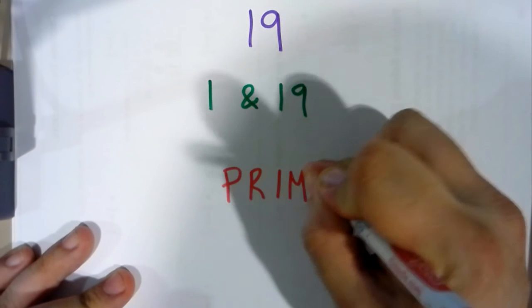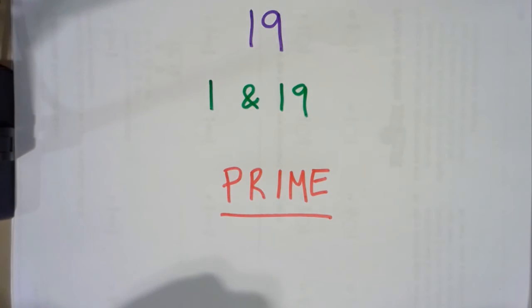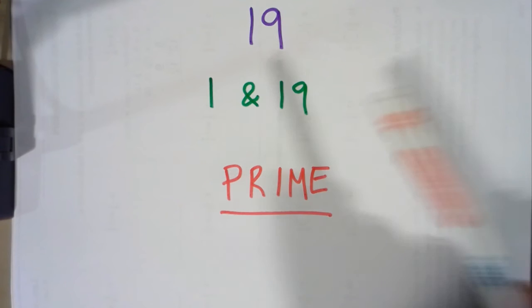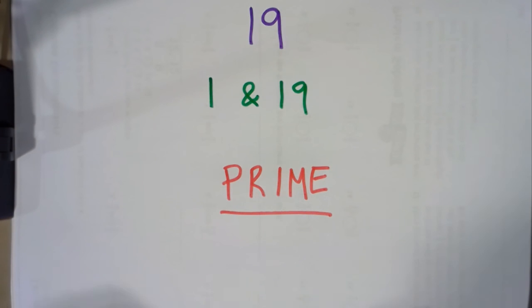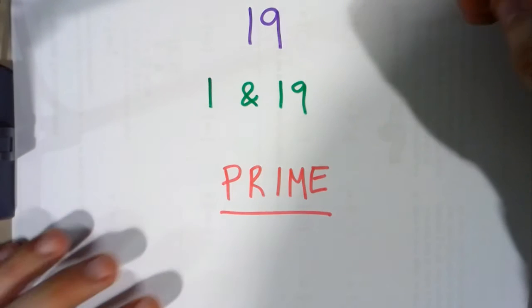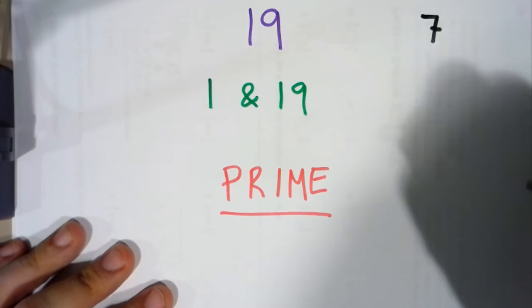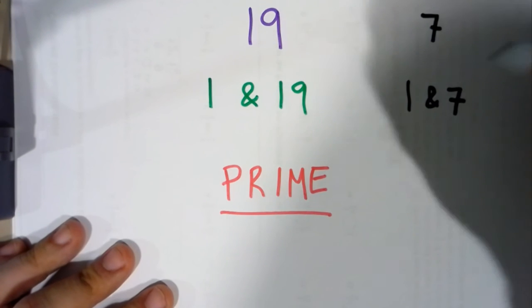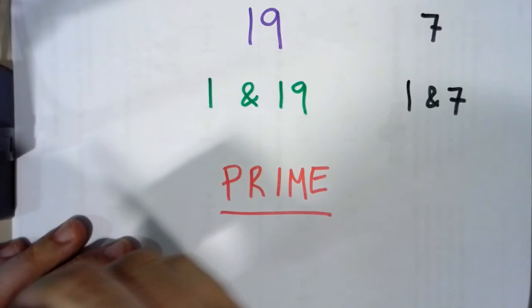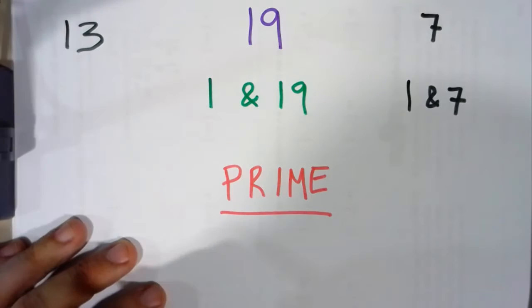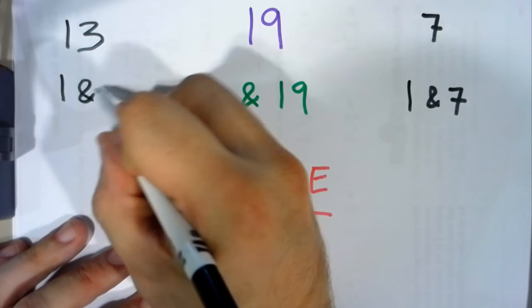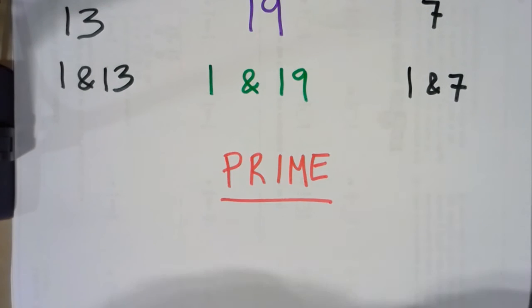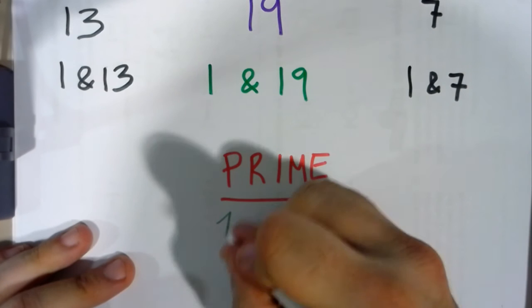a prime number. Prime numbers are numbers where the only factors are 1 and itself. So not necessarily 1 and 19, but it could be anything where the factors of that number are only 1 and itself. So the number 7, for example, well, what times what equals 7? The only way to get to 7 is 1 times 7. So 1 and 7 are factors, no others. The number 13, the only factors of 13 are 1 and itself. So a prime number is a number where its only factors are the number 1